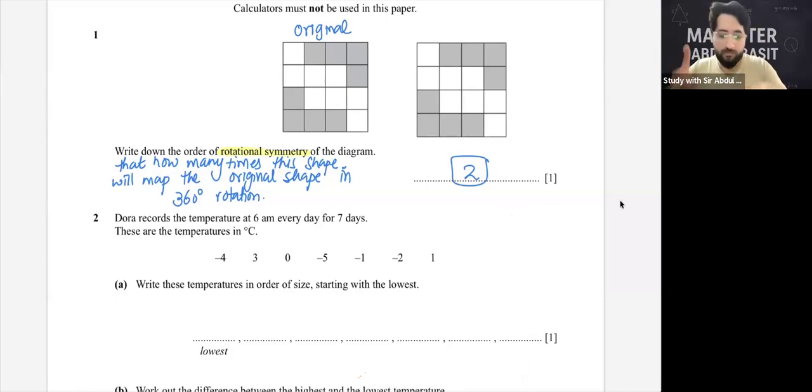Please pay attention. Okay. Dora records the temperature in